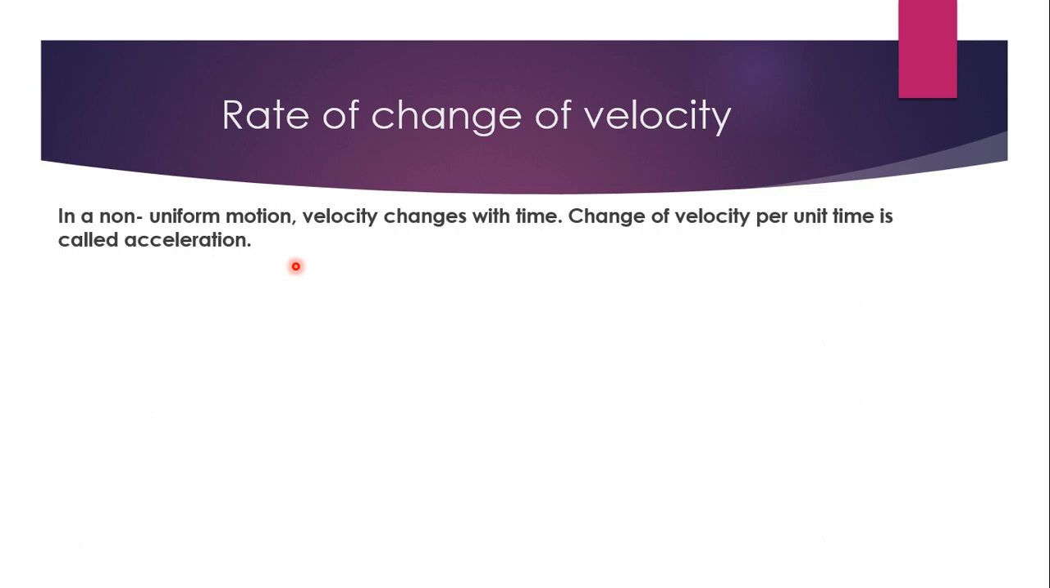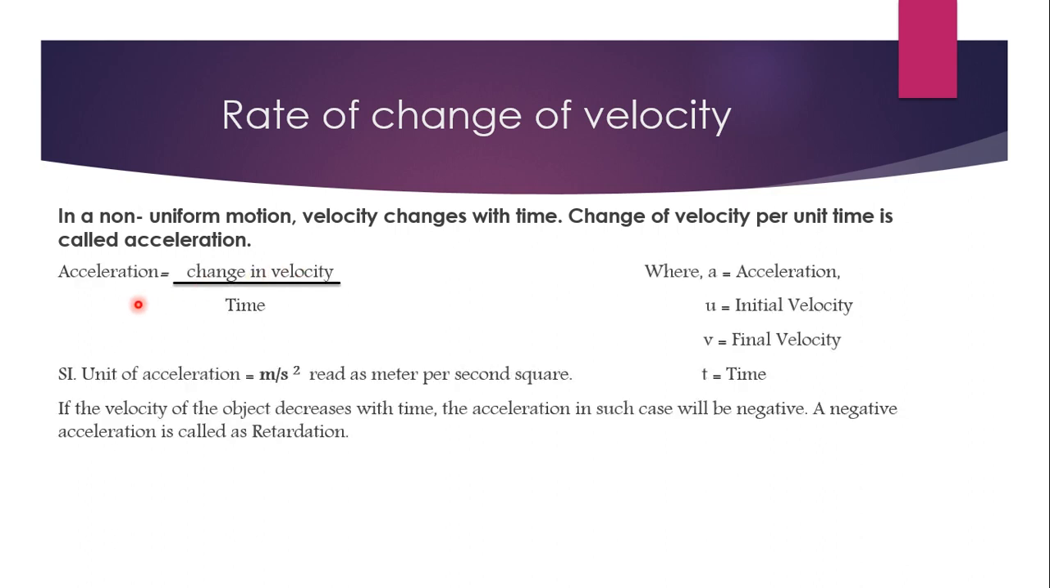Change of velocity per unit time is called acceleration. So first of all we have to find out how much the change of velocity is, and then we divide that by the total time taken. That will give us the acceleration. So mathematically we can write acceleration is equal to change in velocity divided by time, where a is acceleration,